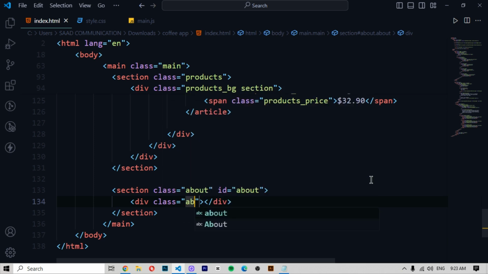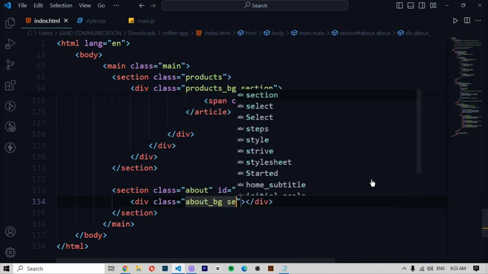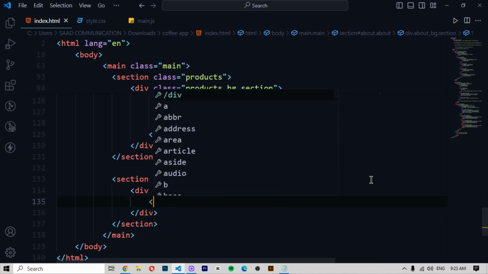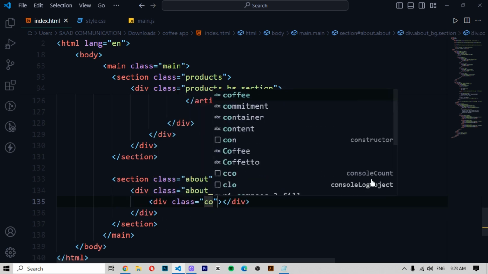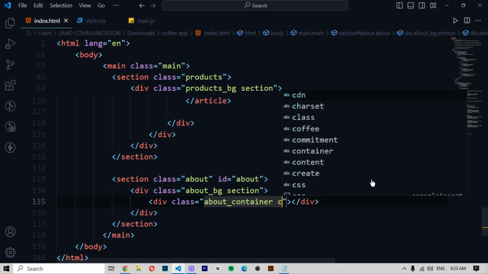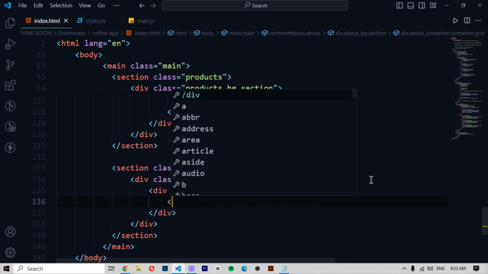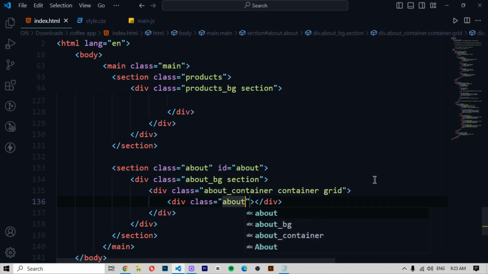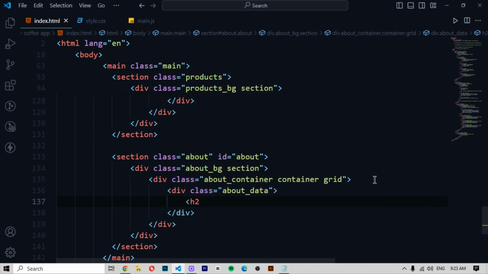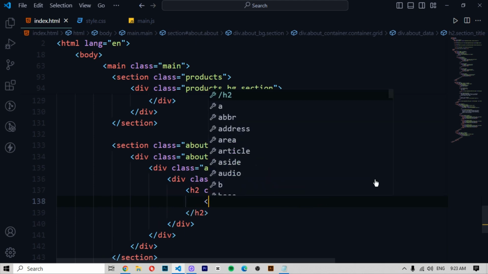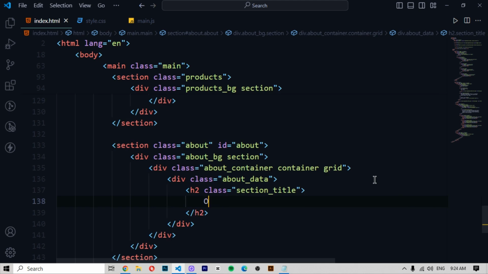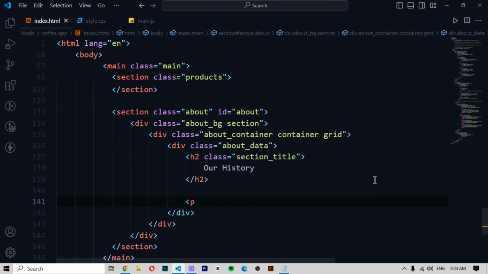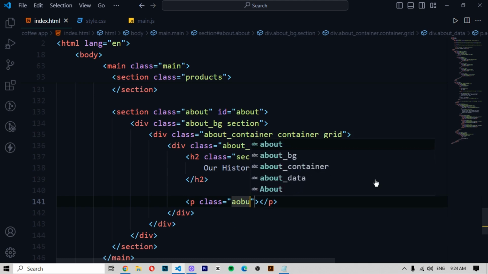Div class will be about_bg section, and then enter press, and now div class will be about_container container grid, and then here we define div class about data, then h2 class section title, and then here we write our history, and then enter, then p class about